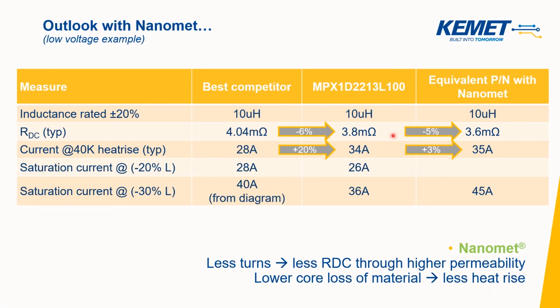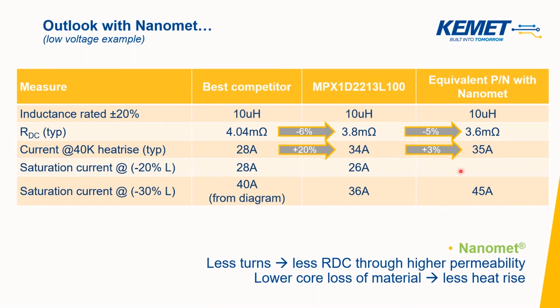And if we have a look at this, the RDC is maybe not that different between the MPX and the nanomet part, which also means that the current leading to 40 Kelvin rise, there's not much of a difference between our part right now and the part in the future. But what really gives us the edge is the saturation characteristics, or the high saturation ability of the equivalent